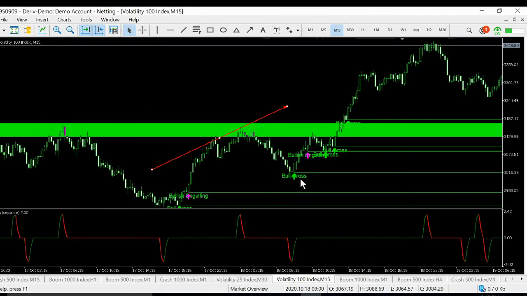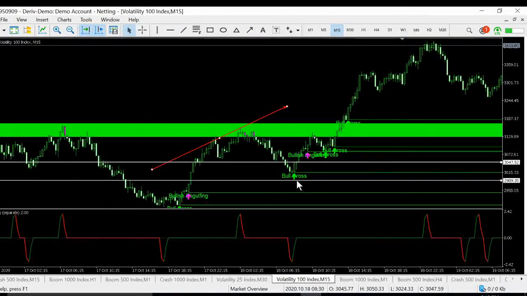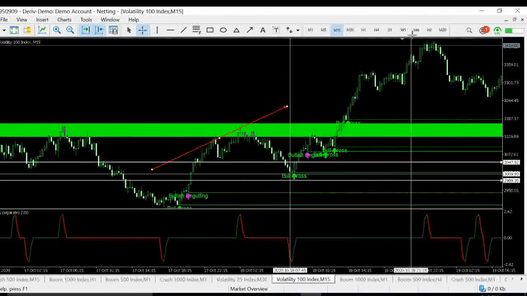So seeing this as the first confirmation, you can also see this as the second confirmation. It gives you a bull cross. So our entry is going to be here. Our stop loss is going to be here, and the take profit is open to you, guys. You can see how this market went up, guys. Just look at the massive buy over here. It tells you that this indicator is powerful.